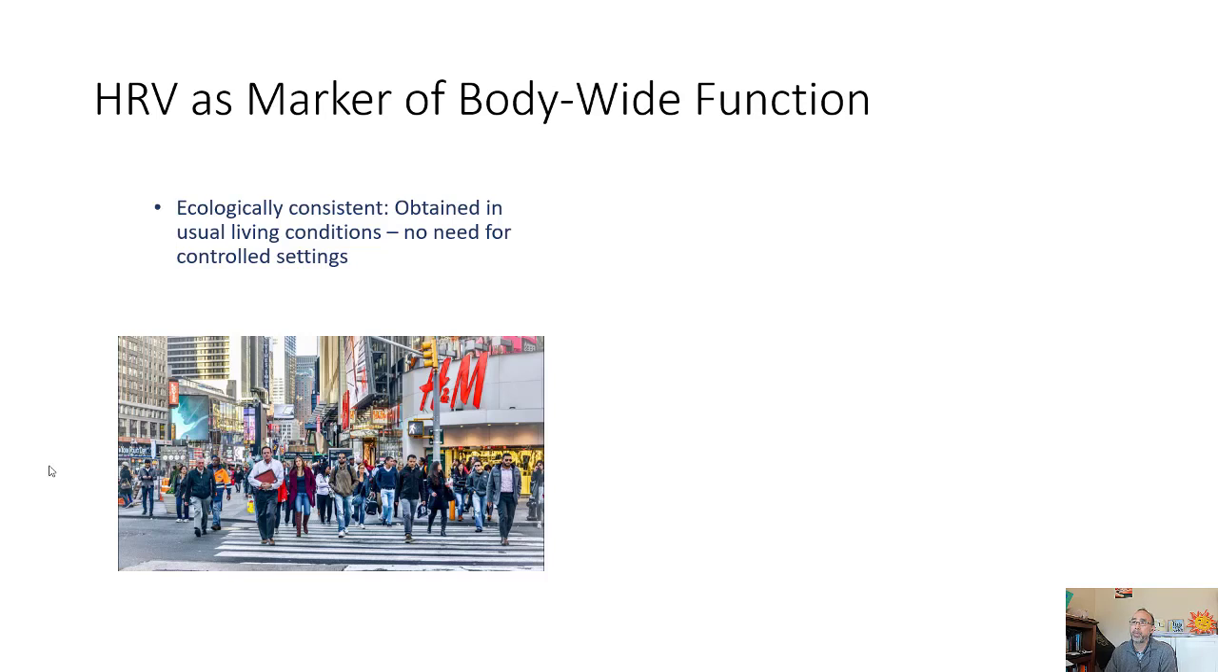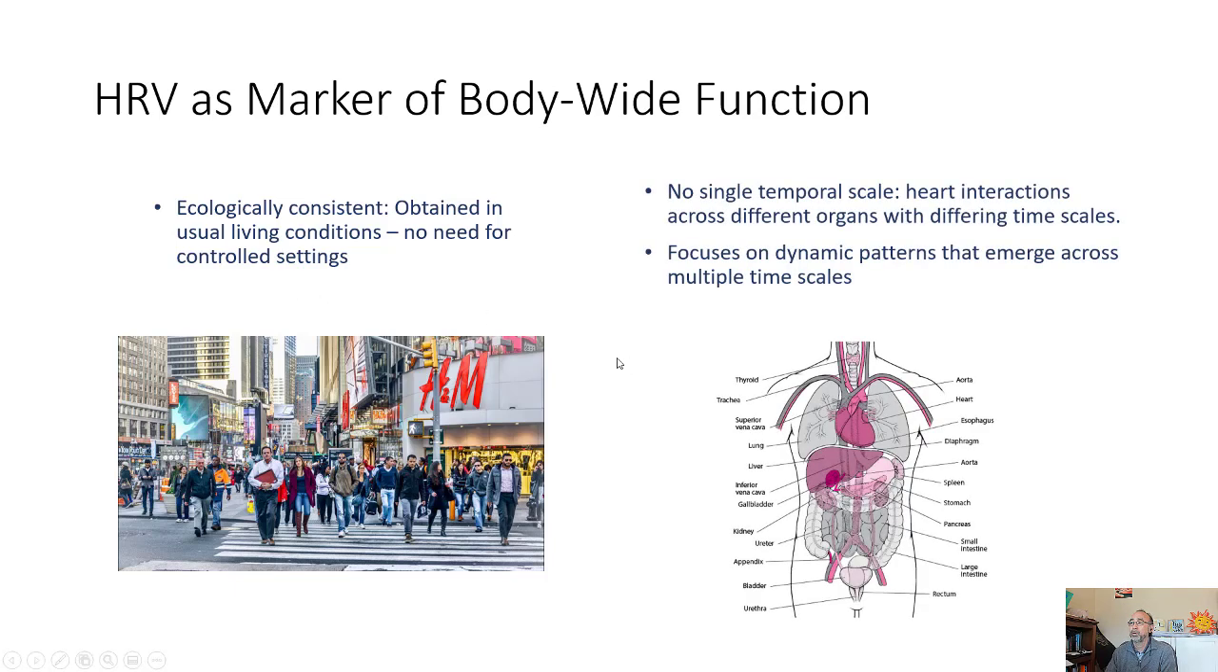So hopefully you could see why I presume that heart rate variability can be used as a marker of body-wide function. First, it has been applied in ecologically consistent environments. It's obtained in usual living, free-running conditions. There's no need for controlled settings. And the other thing is that there is no single temporal scale. The heart interacts across different organs with different time scales. And we've seen this